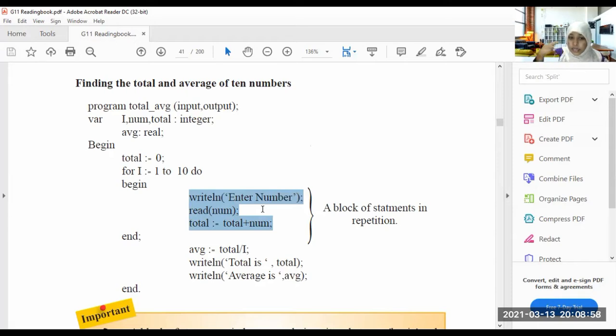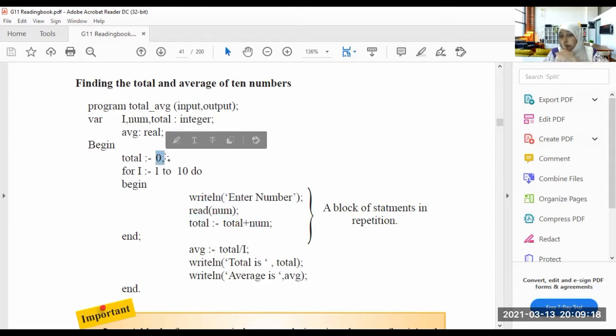When you enter the number, what should the computer do? Read the number. When I enter the number, it reads the number. Then it adds the number I entered to the total. For example, we'll say I entered the number 1.